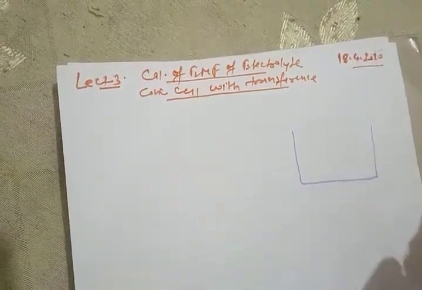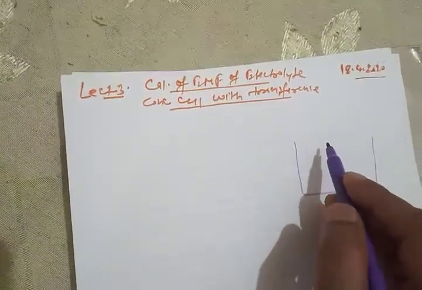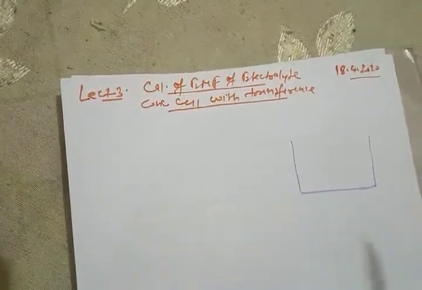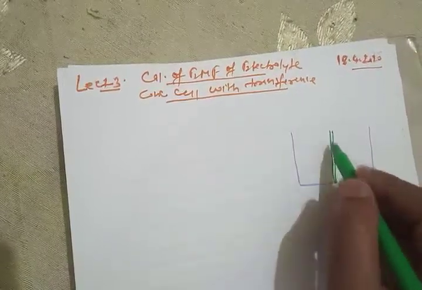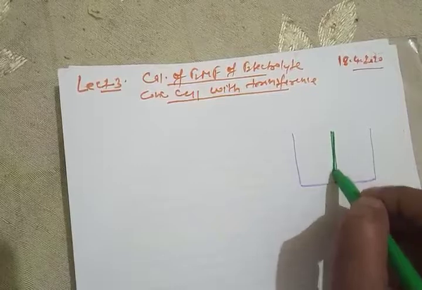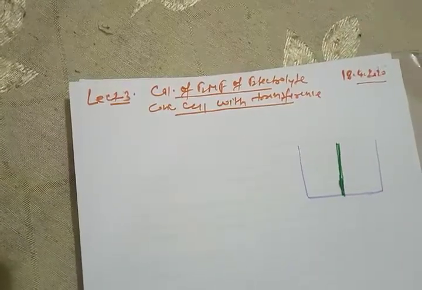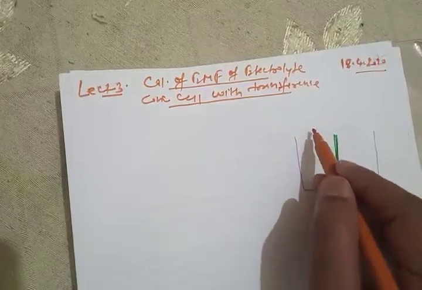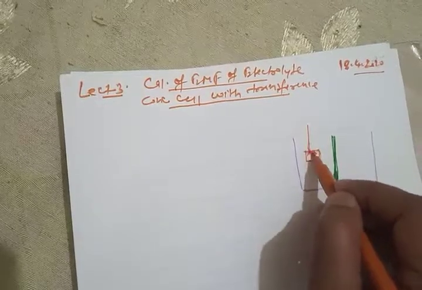As this is a cell with transference, here we will not take any salt bridge, rather we'll take a semi permeable membrane. This is not a salt bridge. That means the electrolyte can transfer from one end to another end. And then we'll take the hydrogen electrode at one end. This is the hydrogen electrode, this is the platinum rod,